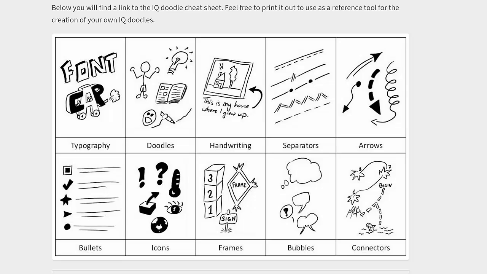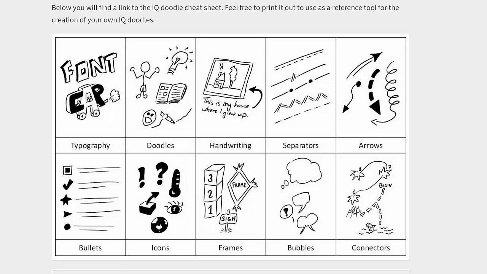Over the past few days, since day 30, we've been working on how to improve our visual note-taking skills. And we've gone through pretty much everything that we needed to go through to prepare you for this skill in order to develop your ability in this area. So today's lesson, we're not going to learn anything new, but what I wanted to do is just summarize everything that we've gone through over the past, say,